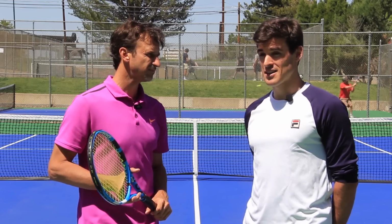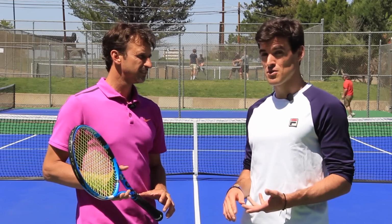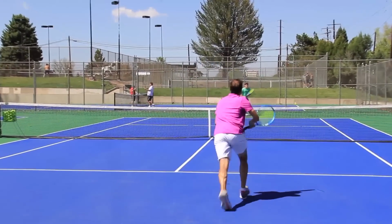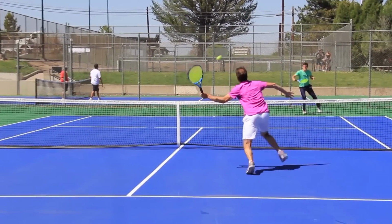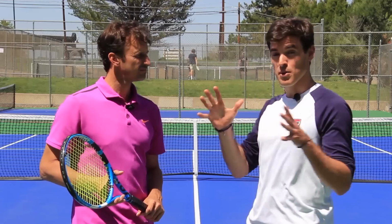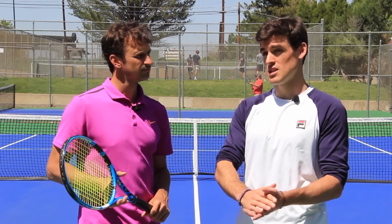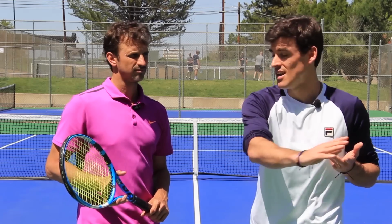I think the biggest thing is making sure your opponent is on the run and is in a defensive position. Obviously, if they're not in a defensive position, they're going to put you in a lot of trouble with their passing shot. So if you have the opponent pulled off the court, obviously you want to go into the open court and get them in a position where they have one hand off the racket and they have to slice